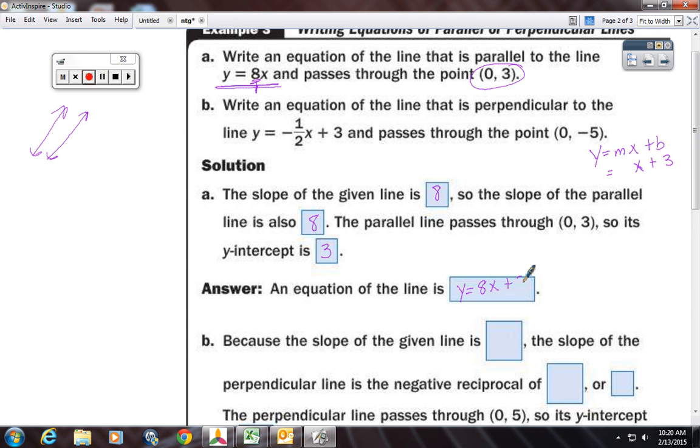Parallel lines are a little bit easier. Perpendicular lines are where you have to pay attention. A perpendicular line is what kind of line? Yes, they're the opposite, right? They intersect at a point that is 90 degrees. Okay, so it says